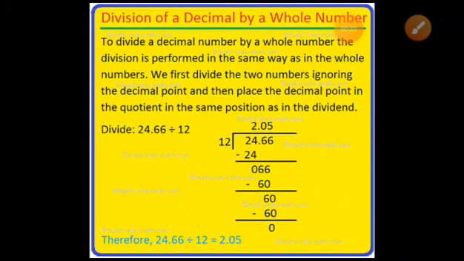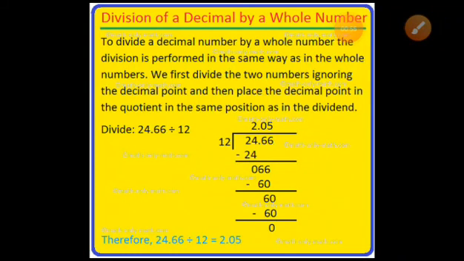or 3 digits. So to divide a decimal number by a whole number, the division is performed in the same way as in the whole numbers. So we first divide the two numbers ignoring the decimal point and then place the decimal point in the quotient in the same position as the dividend. So here an example is shown,